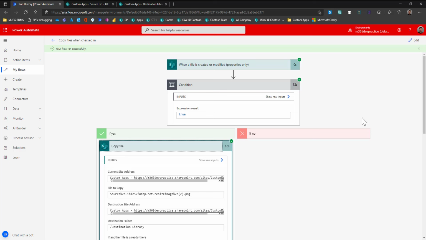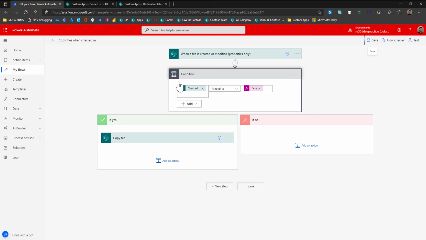For example, if a file has to be checked in and all the metadata has to be in place before duplicating the file, then the condition has to be implemented. And there is one way we can avoid the unnecessary flow execution. Here in this flow, I have just checked the condition inside the flow. So whenever the file is uploaded, whenever it is in checked out or checked in state, each and every time the flow will execute. And in case you are using the daily free transactions and using the library heavily, then the 2000 transactions may get filled up easily.